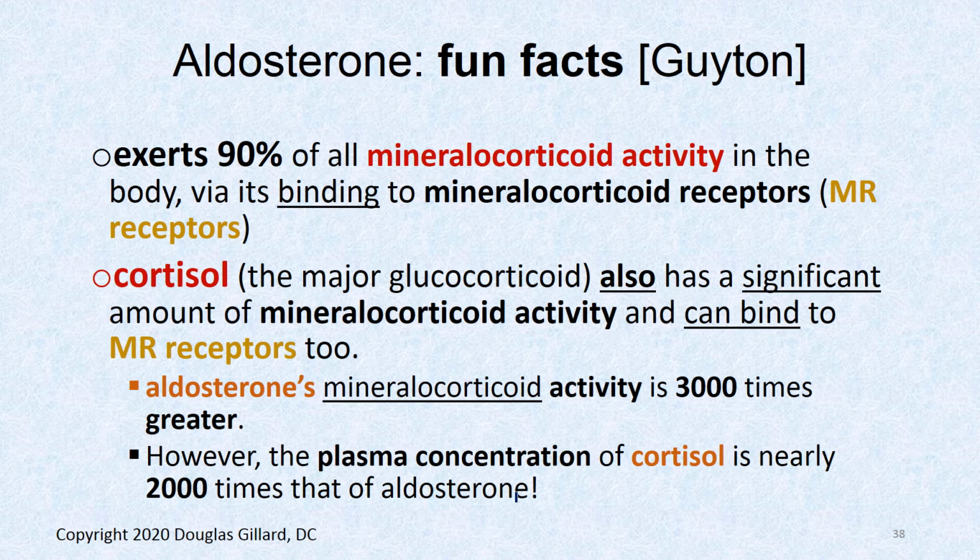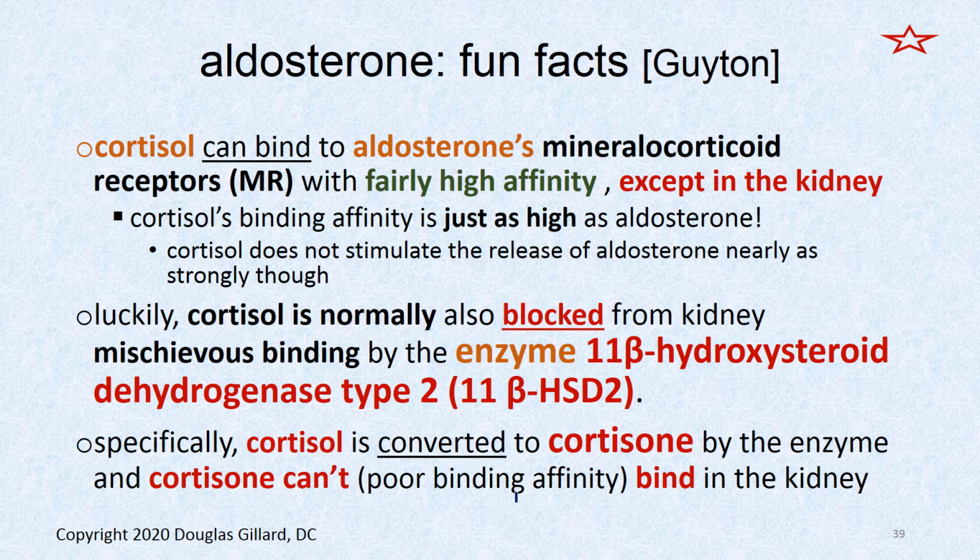Because here is an example where cortisol and aldosterone can bind to the same receptor. So the mineralocorticoid activity of aldosterone is way more powerful. However, the plasma concentration of cortisol is 2,000 times that of aldosterone. So there's definitely some overlap between these two hormones. Cortisol can bind to aldosterone's mineralocorticoid receptors with fairly high affinity, except here's the thing,